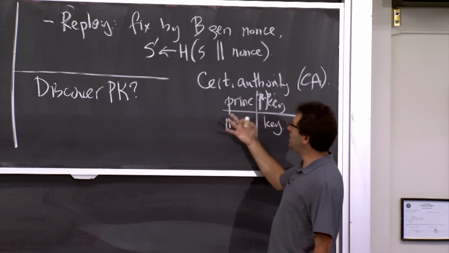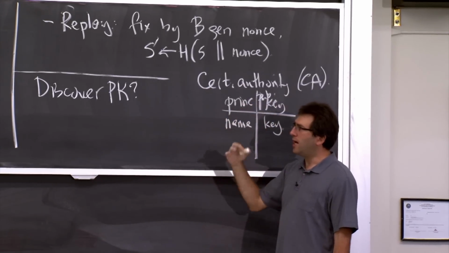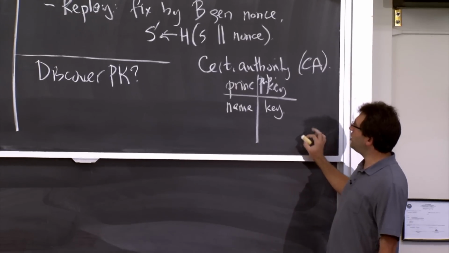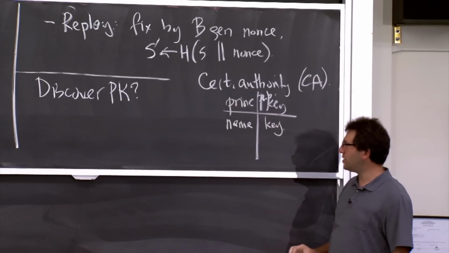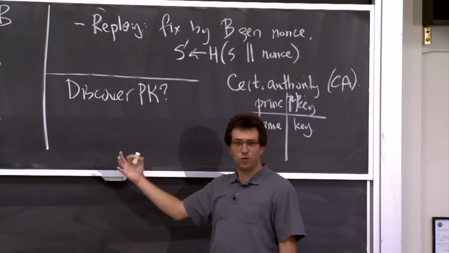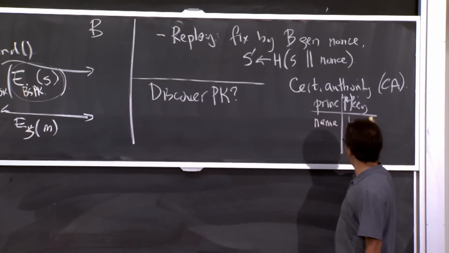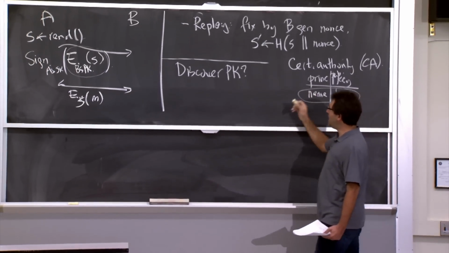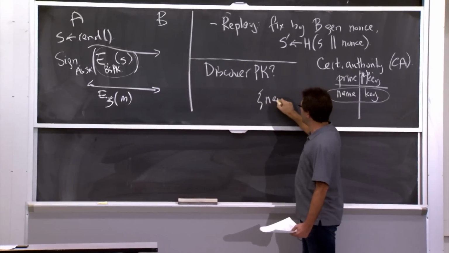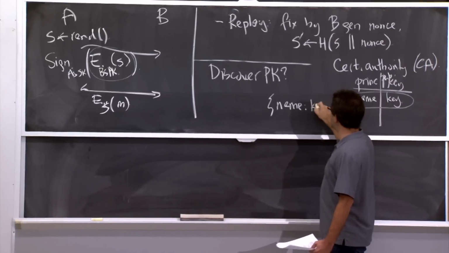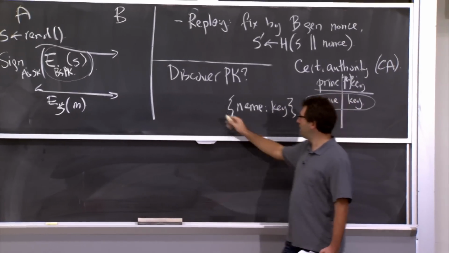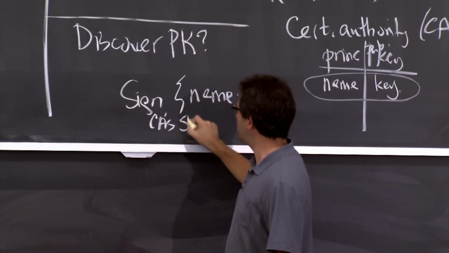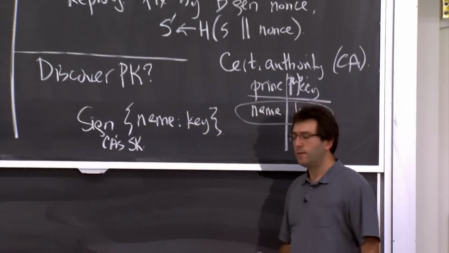So the certificate authority is going to have its own secret and public key here. And it's going to use the secret key to sign messages for other users in the system to rely on. So suppose you have a particular entry like this in the CA's database, then the CA is going to sign a message saying this name corresponds to this public key, and it's going to sign this whole message with the CA's secret key. Make sense?